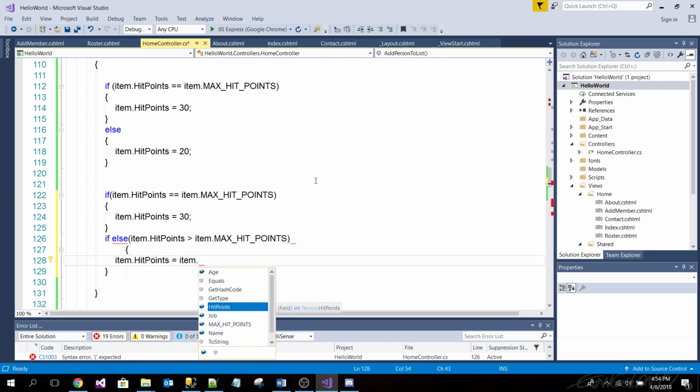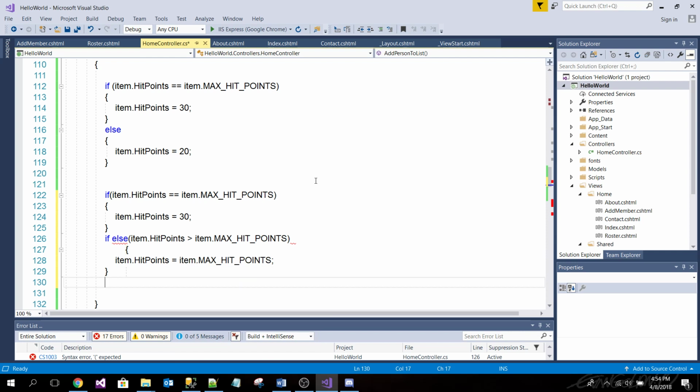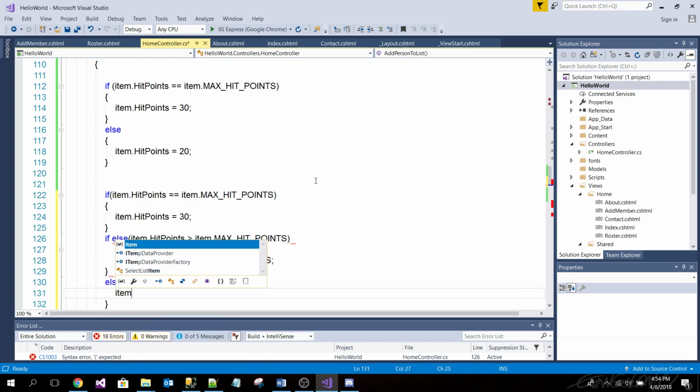We'll go through it in a second. We're correcting them here, that way they cannot go over. And then else. Oh, I see. So we want to make sure we're never over the max. Exactly. Okay. Item dot hit points equals 20.